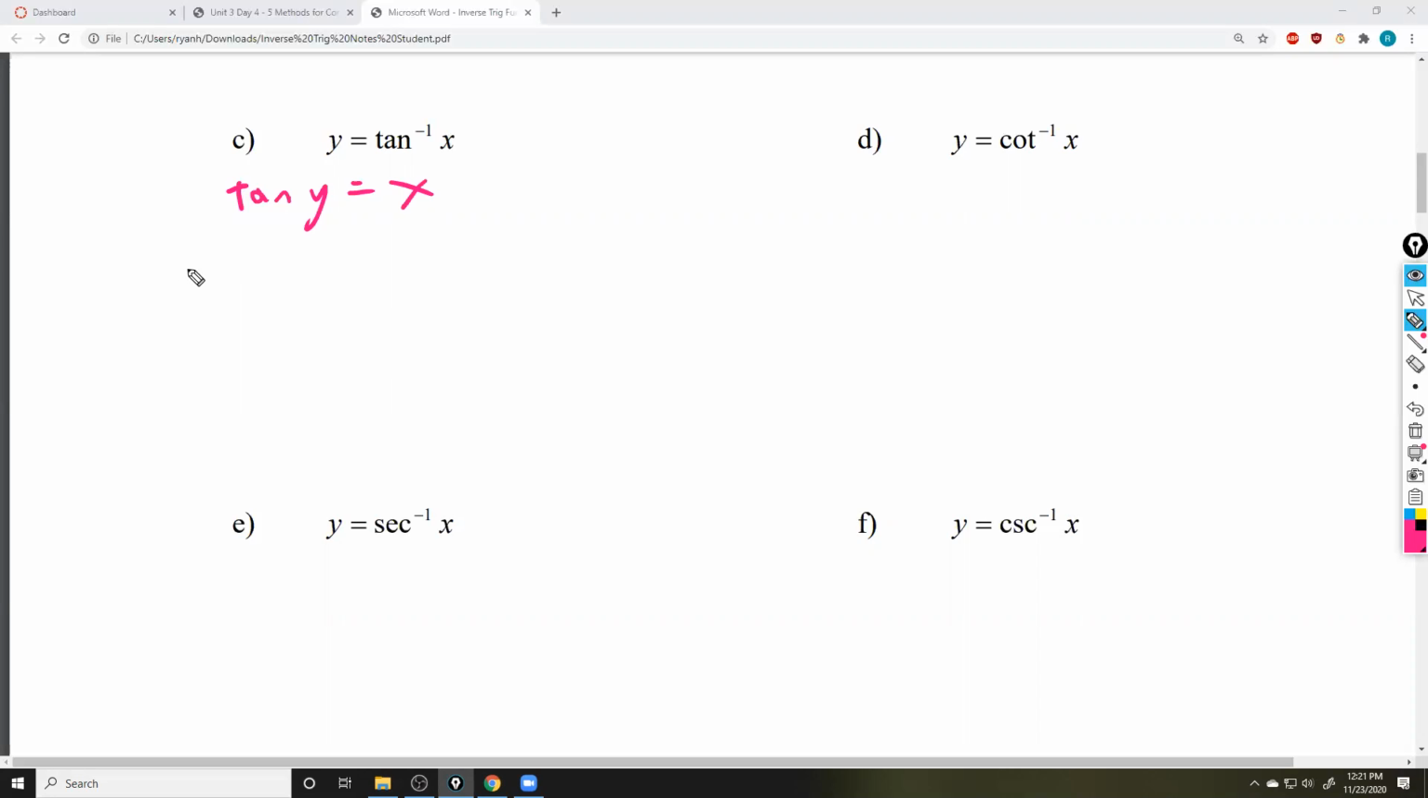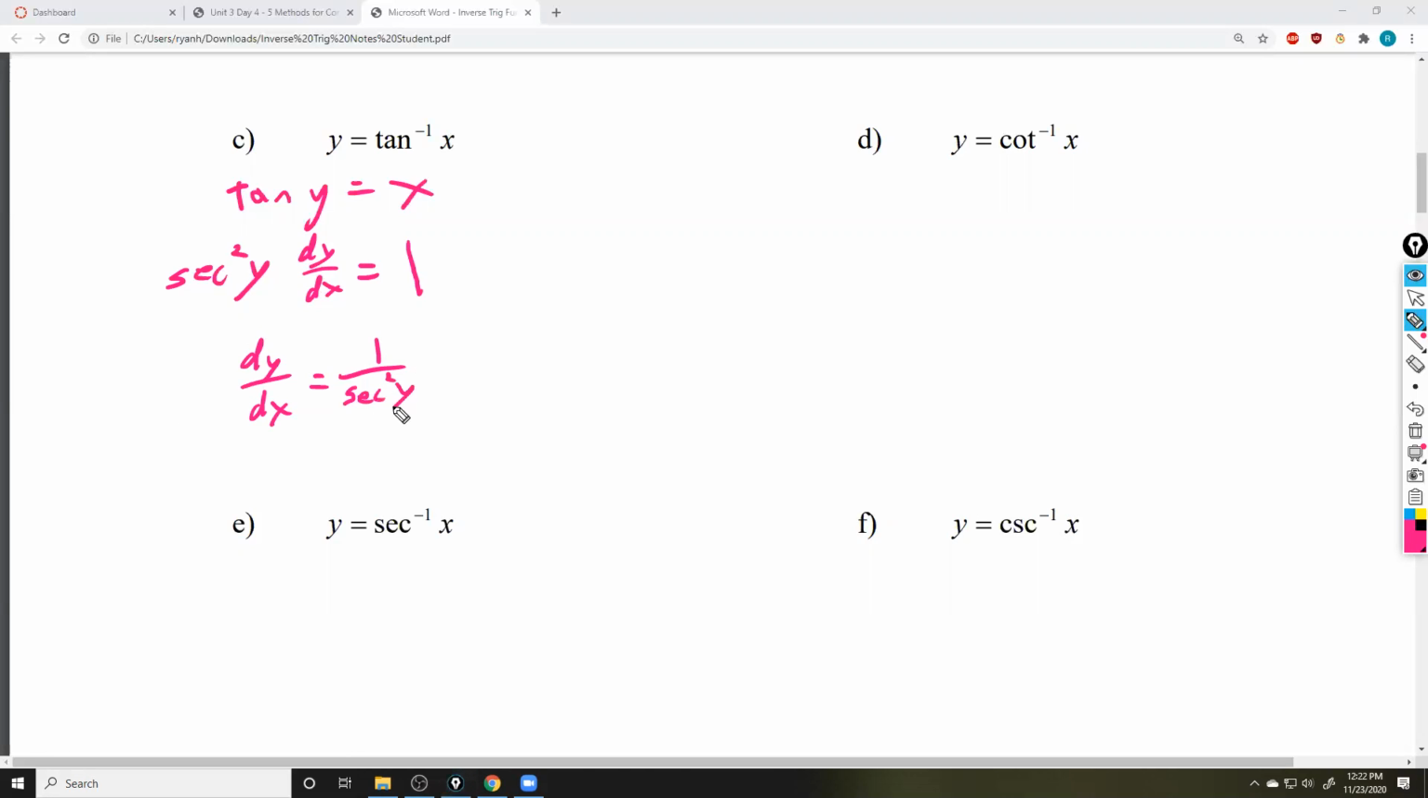Derivative of tangent is secant squared of y. Oh, we took a derivative of y. That means we need a dy dx. And then over here, derivative of x is 1. So to solve for dy dx, it's just being multiplied by secant squared of y. And so we're going to divide and say that dy dx is 1 over